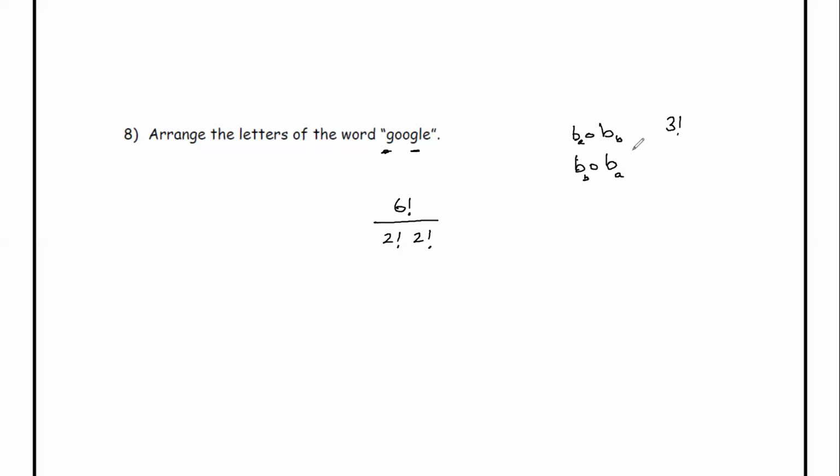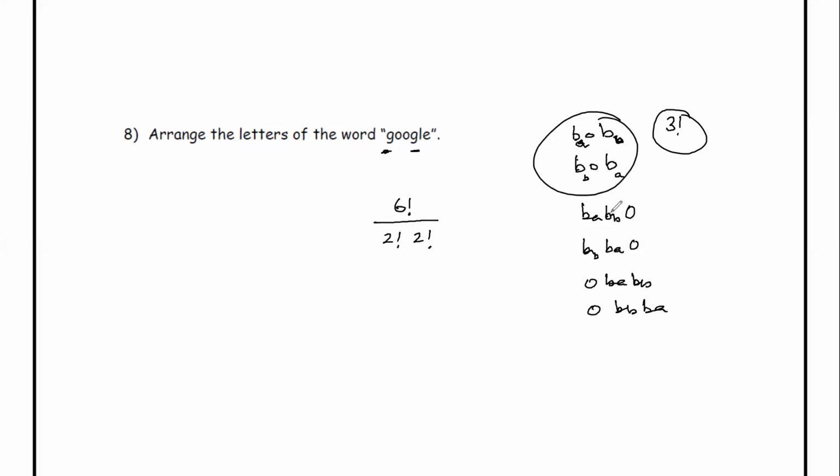It is actually Bob only, but it's just to show you the differentiation between BA and BB, and the interchange of the A and B. Then you can have BA, BB, O, and then BB, BA, O. Then you can have O, BA, BB, and then O, BB, BA. So when you write 3 factorial for Bob, because there are three letters, just like Google, where there are six letters so I put 6 factorial, eventually what happens is